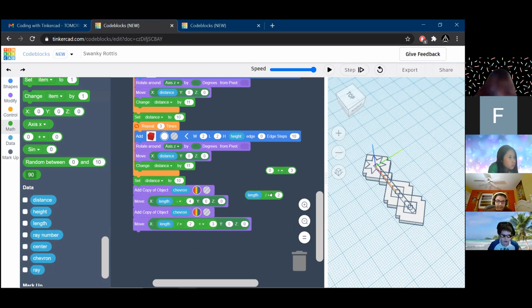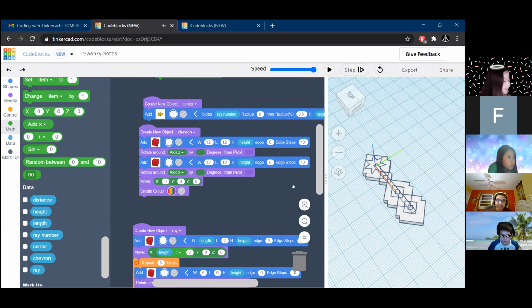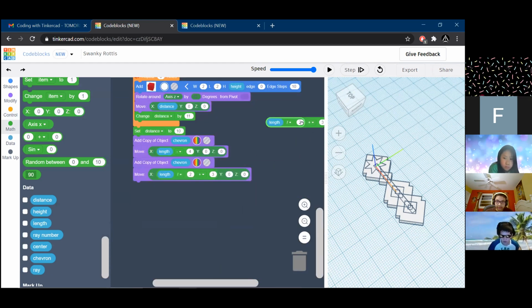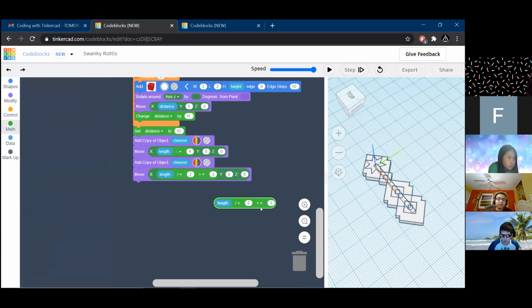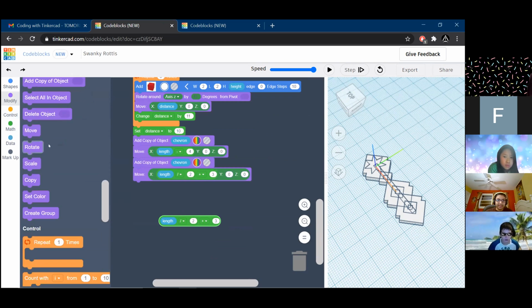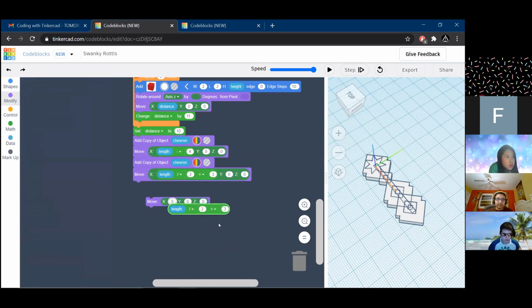And that whole thing, we're going to drop into where it says 0. And then this whole thing, we're going to drag into the move command. So we have a move command here, and we're going to drag that whole thing into the X command.